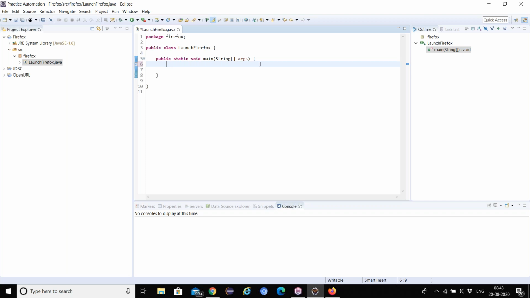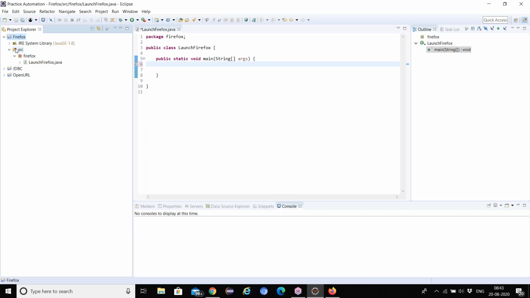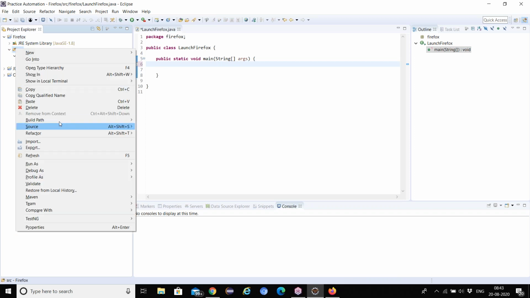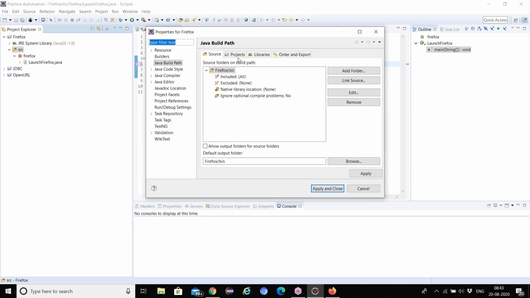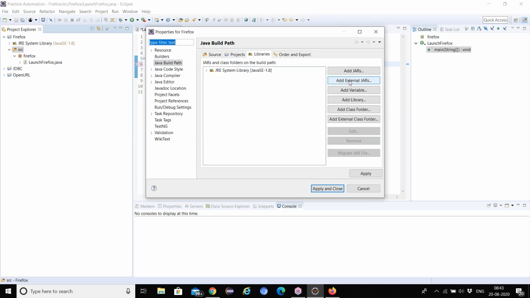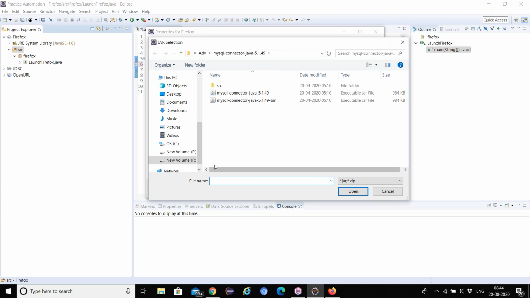Sir, right click on the project and SRC. Right click on SRC. Tell me what we need to do. Build path. Yes, and configure build path. Yes, good. Speak loud, because you are a presenter now. In real time also they will ask you to share the screen, and you need to tell them. Add external jars. Yes, good. What do we need to add here?